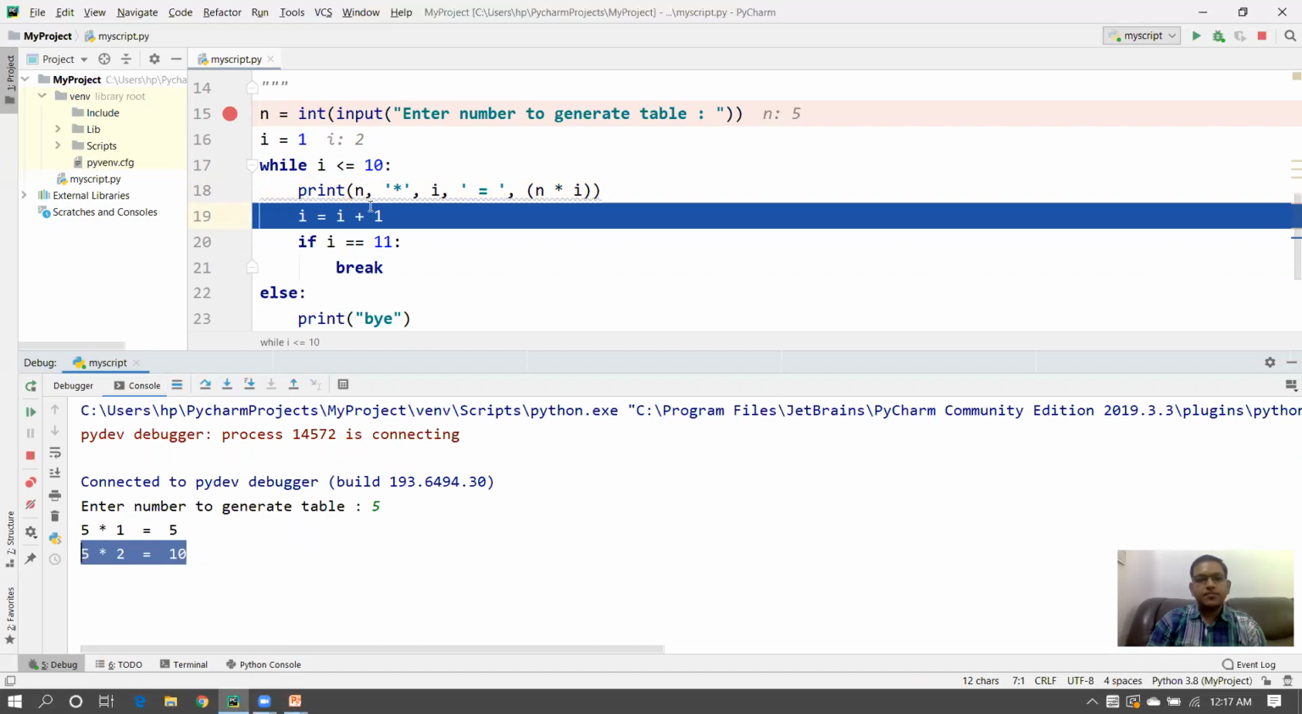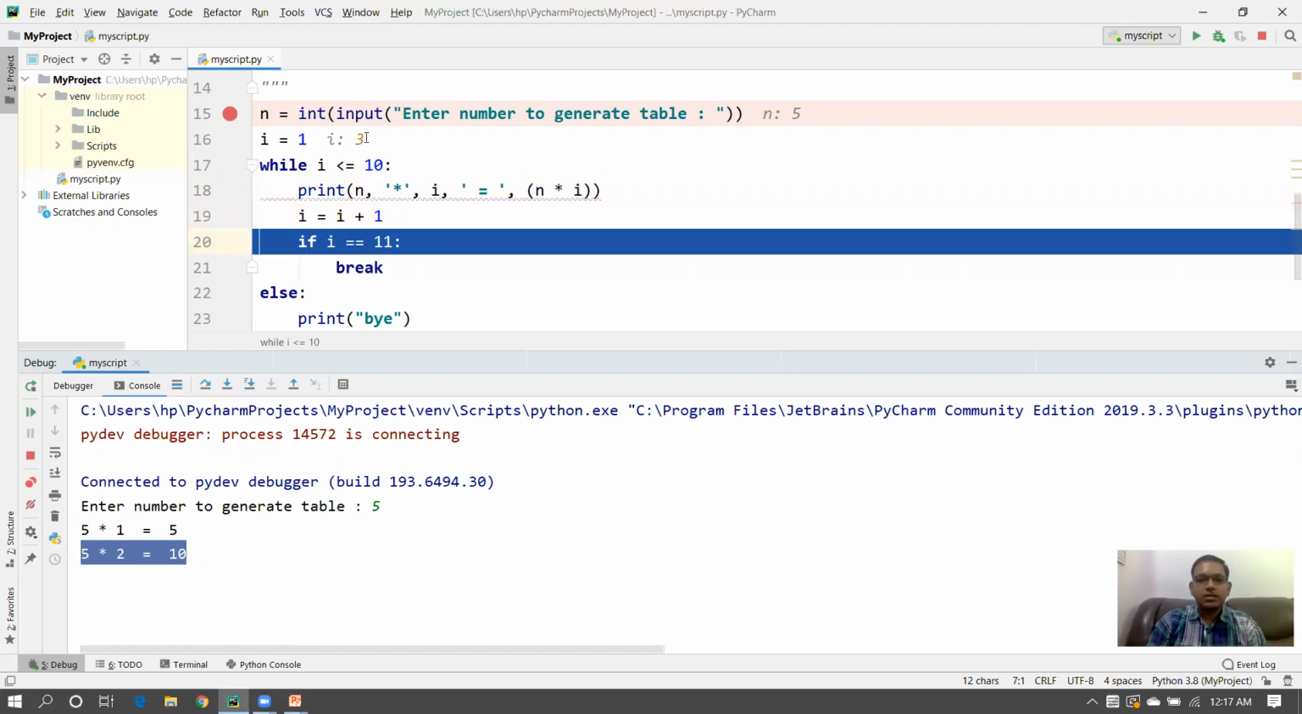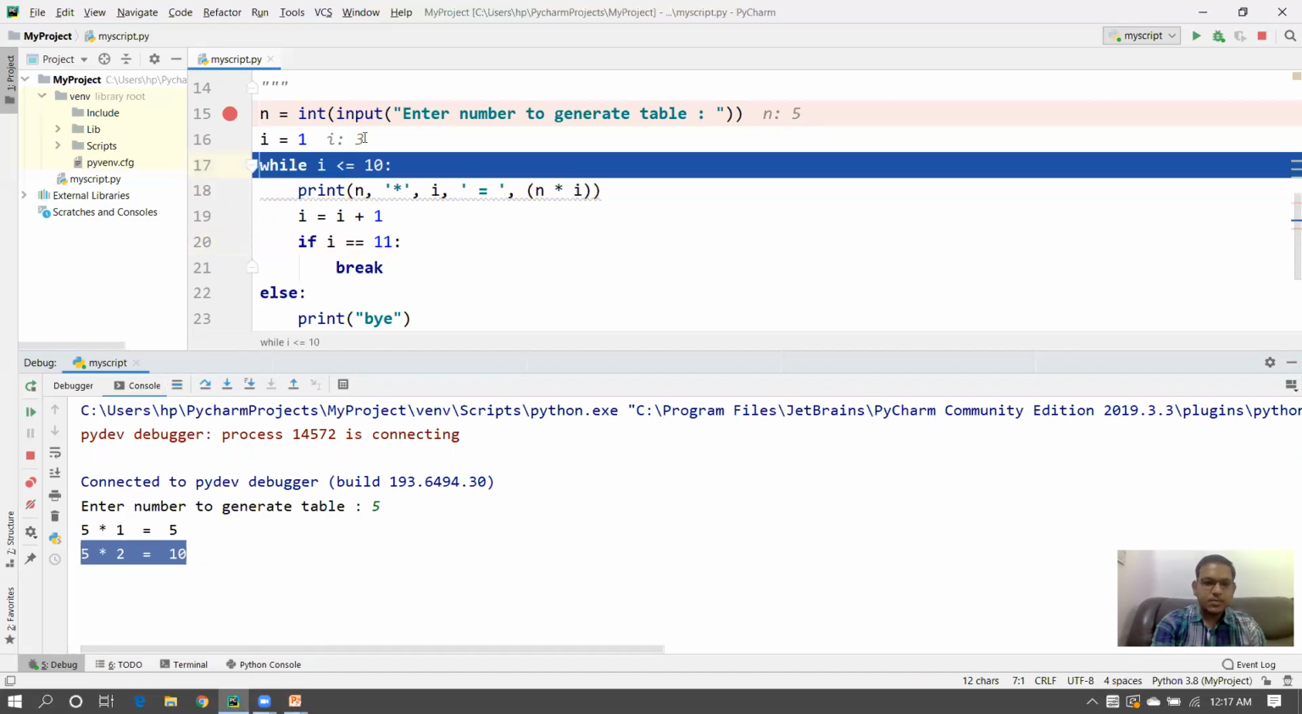Now this code has been reached at this line, and if I press F8, then you can see that I's value has been updated. So as you can see, on every step we can monitor the values and the output through the debugging. So again, I'll press F8. As you can see,